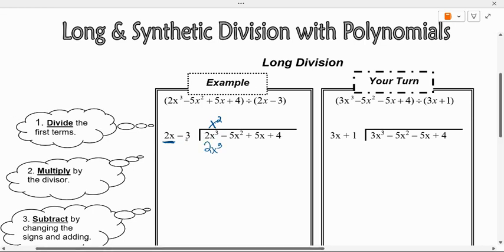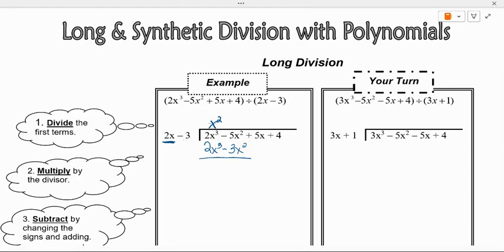But now I have to multiply this second term by the x squared as well, right? Because we're taking the whole binomial and dividing it into the polynomial. So negative 3 times x squared is negative 3x squared. Okay. So